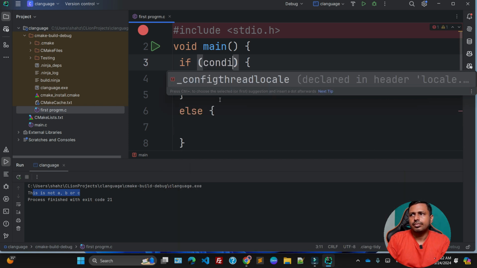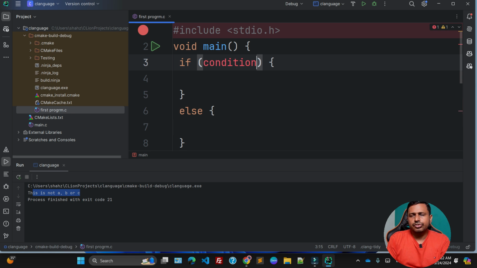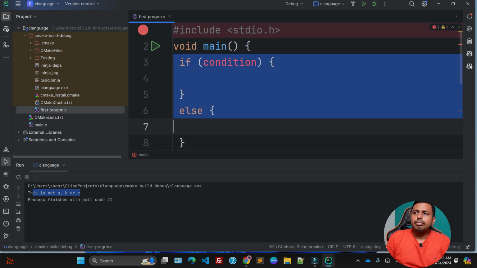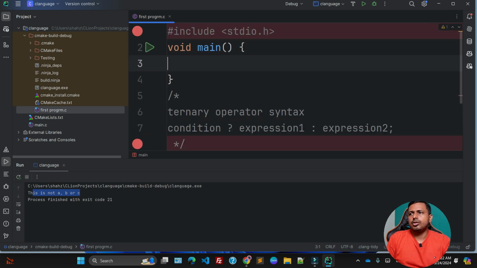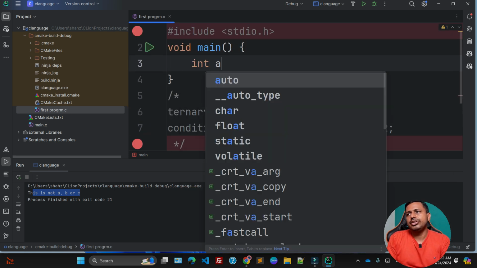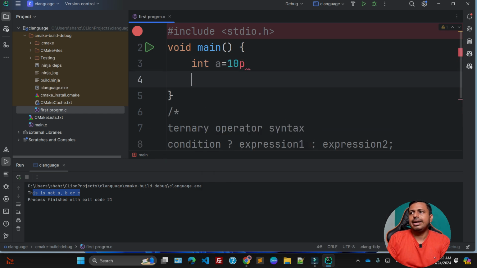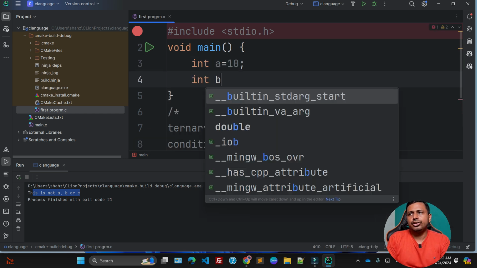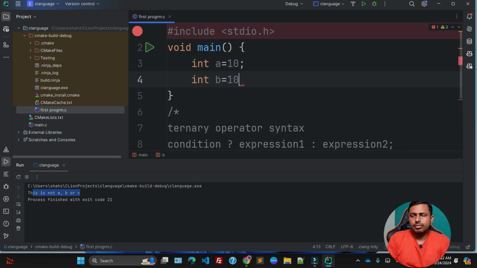Condition: any kind of conditions, a greater than b, less than b, a greater than or equal to b, a equal to b. So these are the conditions. But let's talk about the ternary operator. So let's suppose I'm saying integer a equals 10 and integer b equals 10